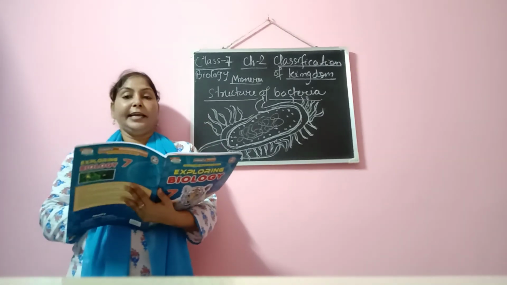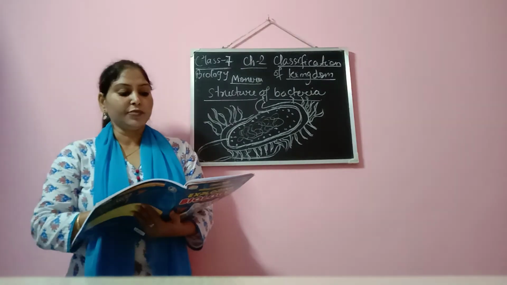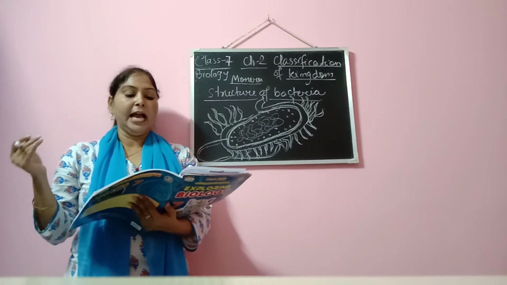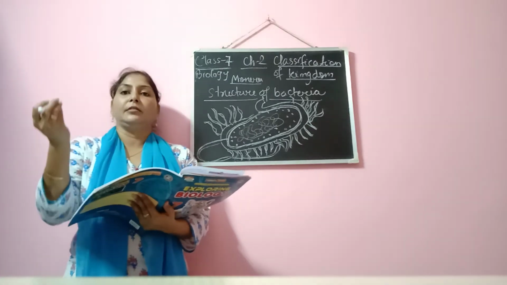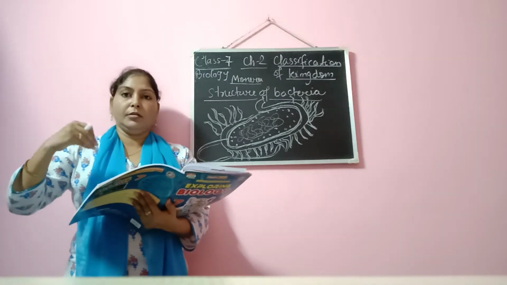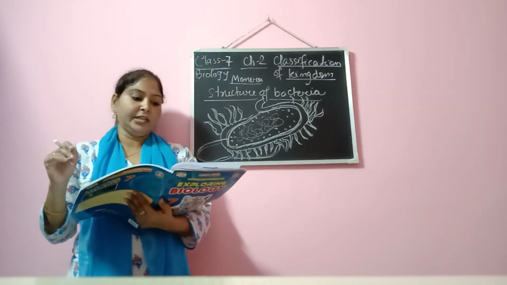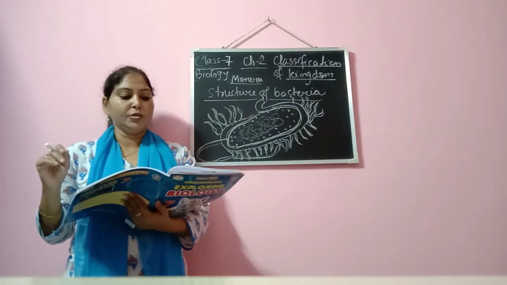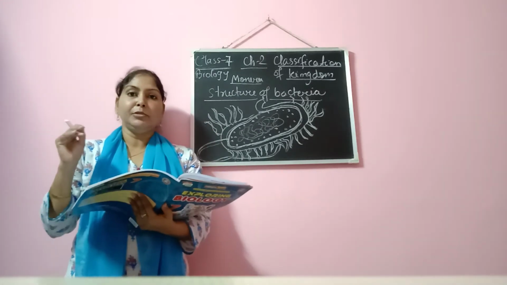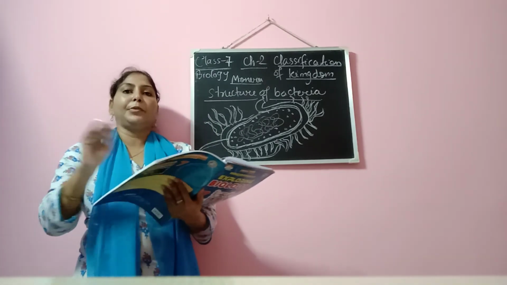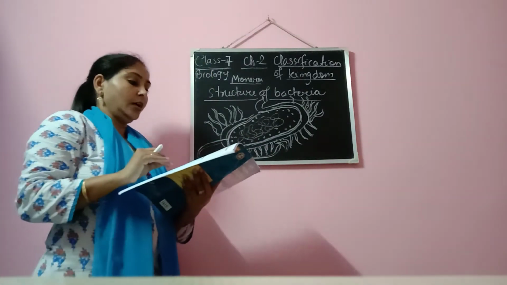So another usefulness of bacteria is tanning of leather. Some bacteria are used for curing of animals' hide and skin. There are certain bacteria that help to get the skin or the leather of animals. Then another usefulness of bacteria is retting of fibers. Some bacteria are used for separating jute fibers and also for making them soft. Certain bacteria help to separate the fibers from the jute.